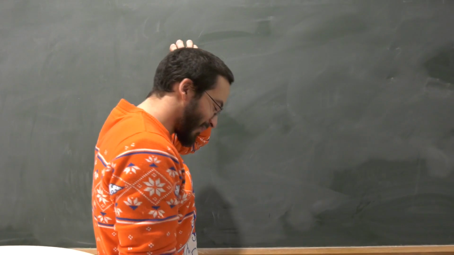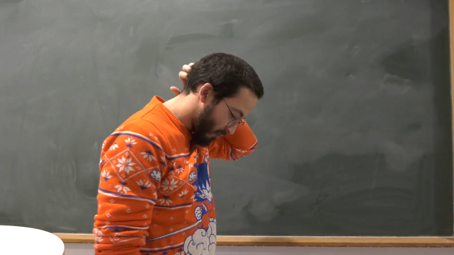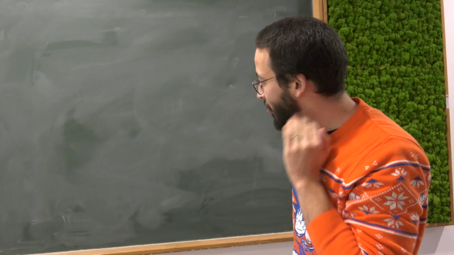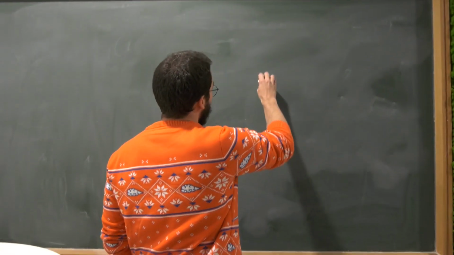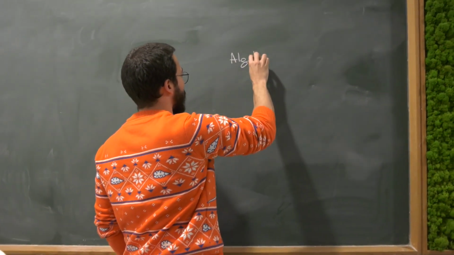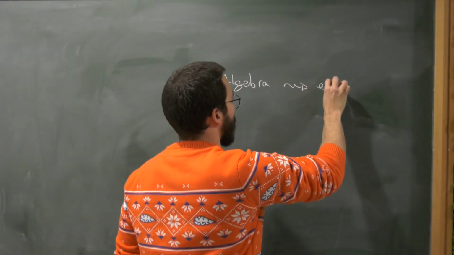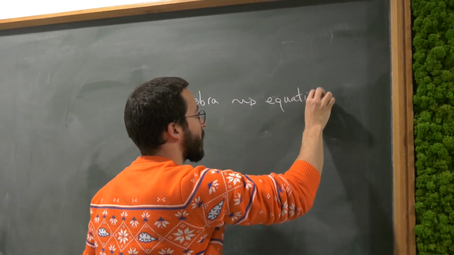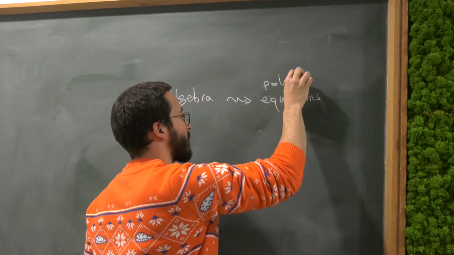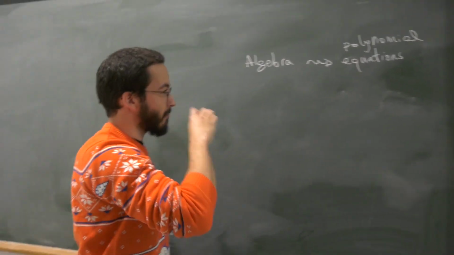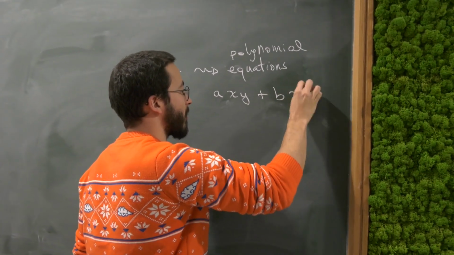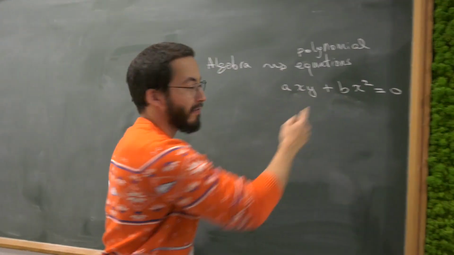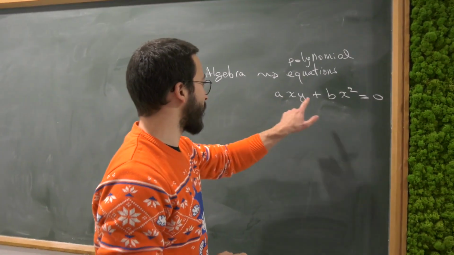Of course. Yeah, so I want to talk a bit about algebraic K-theory, which is the main thing I do. Even though it's in the field called algebraic topology, it's actually more focused on algebra these days. So the basic principle of algebra is that we study equations. And for just a second, I'll stick to polynomial equations. These are equations of the form maybe axy plus bx squared equals 0, where x and y are variables and a and b are fixed parameters. They're fixed for you, and you have to find x and y satisfying this equation.